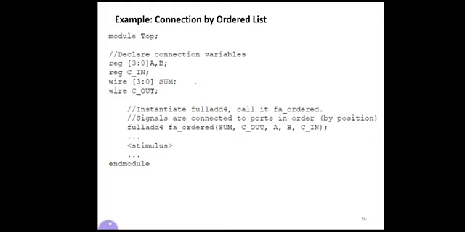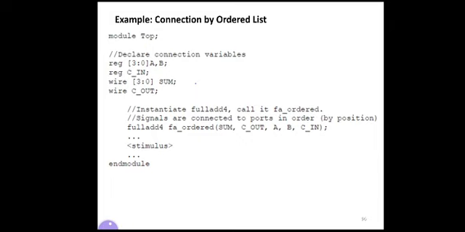Now observe full add 4 FA ordered. FA ordered is just an instance name. Previously we used FA0, but as we are discussing the order list here, the instance name is changed. You can use FA0 here also. Sum is in the first position, cout is in the second position, then A, B, cin. This is the order, first sum and last cin.